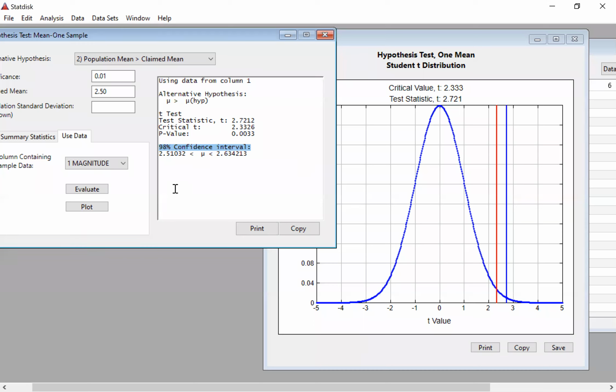And going back and taking a look at the picture there, we do see that our p-value is the size of the tail that the test statistic cut off, and our significance level is the size of the tail that the critical value